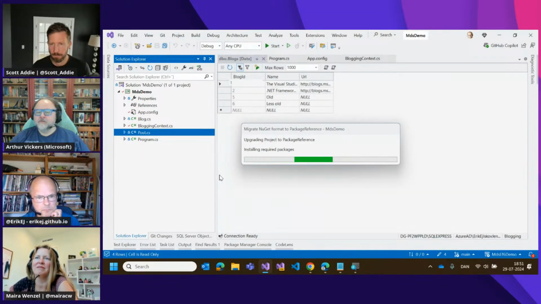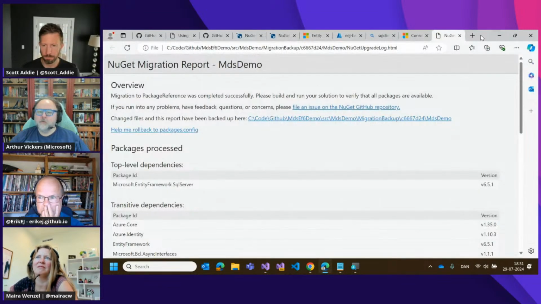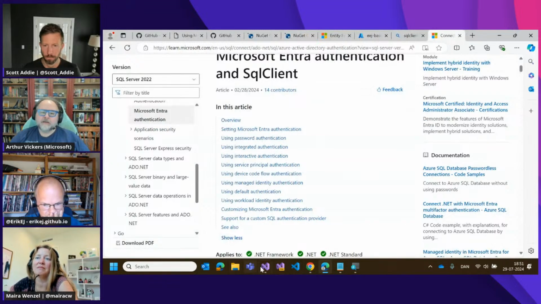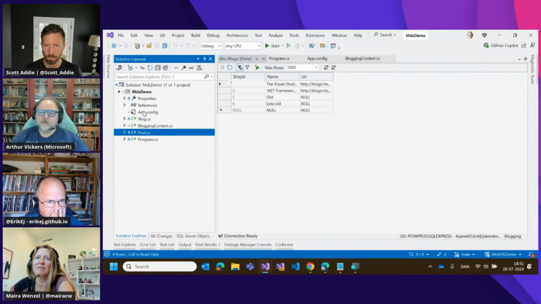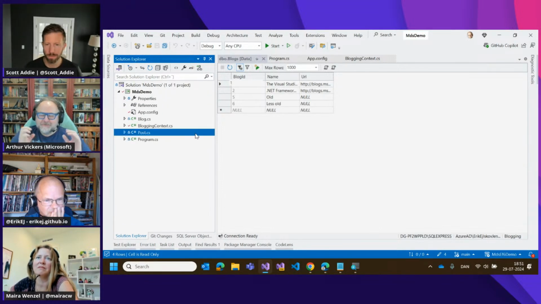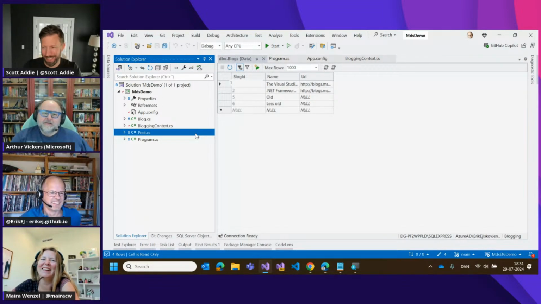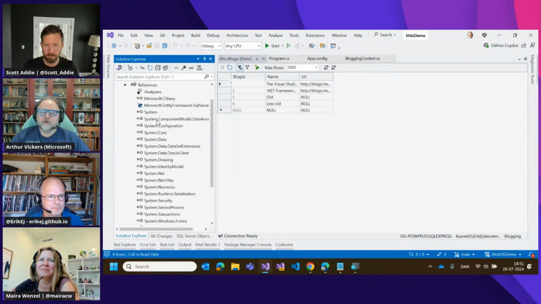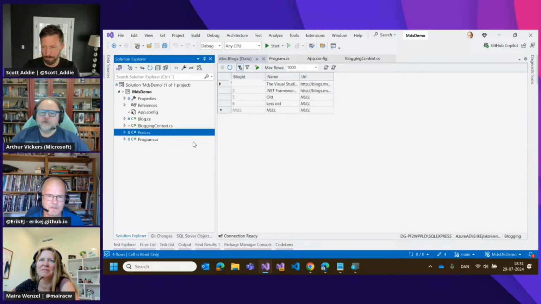When you bring in that SQL Server package, the 6.5.1 package, that will automatically bring in as a dependency, as Erik showed earlier, the Entity Framework main package, which should also be updated to 6.5.1. But there's very little difference between 6.2 and 6.5, so don't worry too much about that. Hardly any. So now I have used package reference instead, which means we don't have to look at packages.config. It's in the project file instead.